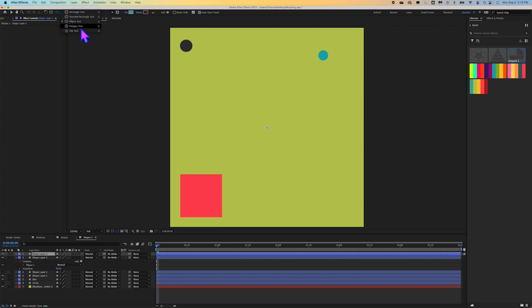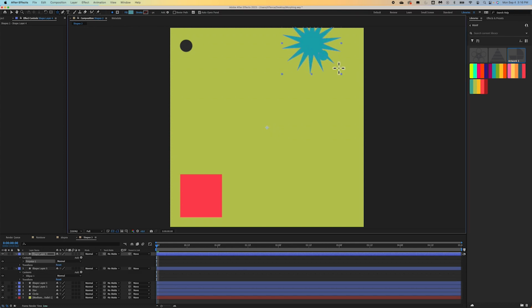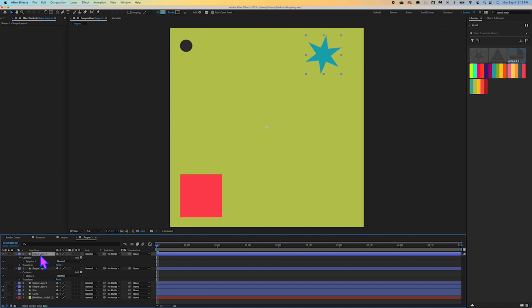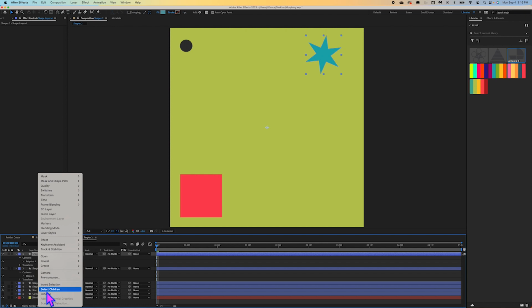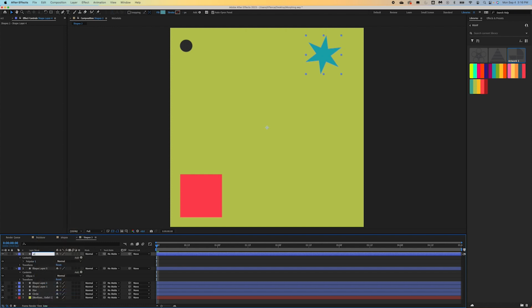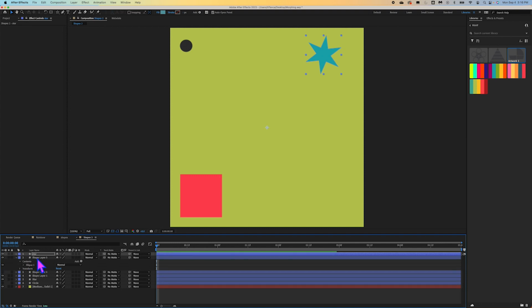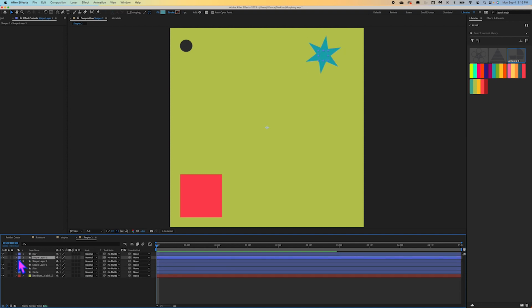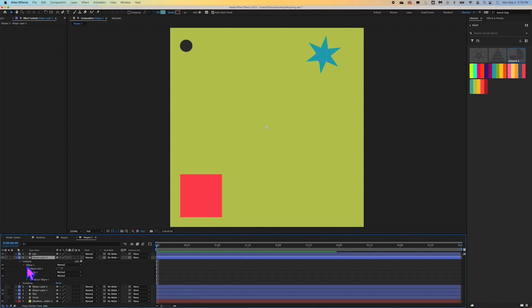And this is going to be a star. So I'm going to have it fall over relatively the same place. So I'm going to go ahead and create it and then move it here. So the star layer is on top. So I'm going to go ahead and rename that star. The circle is the one underneath it, and I'm not going to rename that because I'm pretty much just going